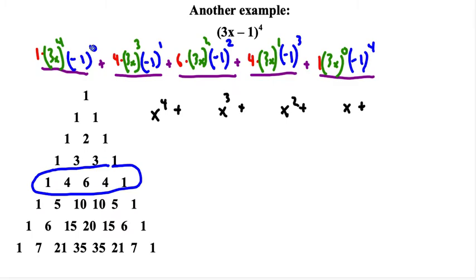Now anything to the 0th is 1, so negative 1 to the 0 is 1, times, well, 3 to the 4th. 3 times 3 is 9, times 3 is 27, times 3 is 81. So this is 81x to the 4th. 3 cubed is 27, times 4 works out to be 108. Now, I just made a mistake. Negative 1 to the first. Anything to the first is itself. So this should not be plus, it should be